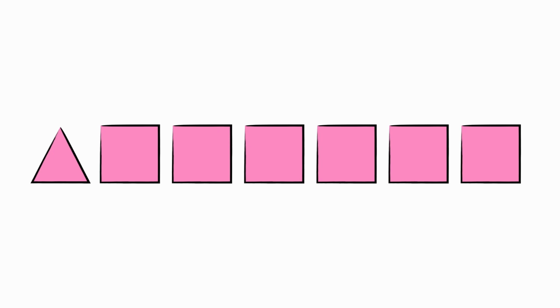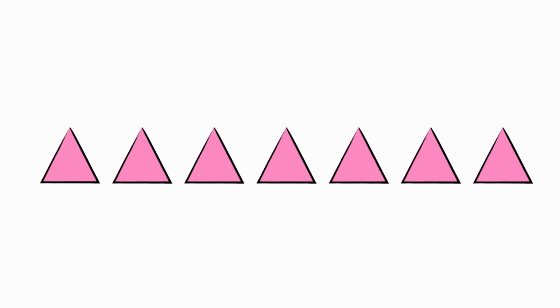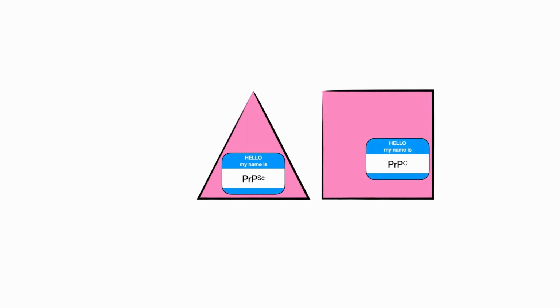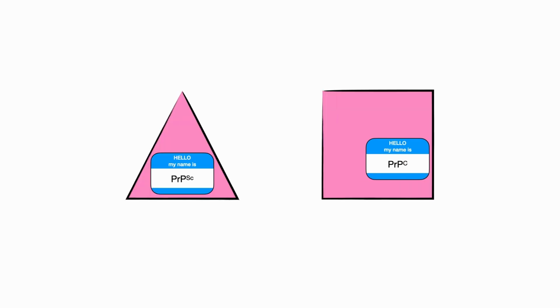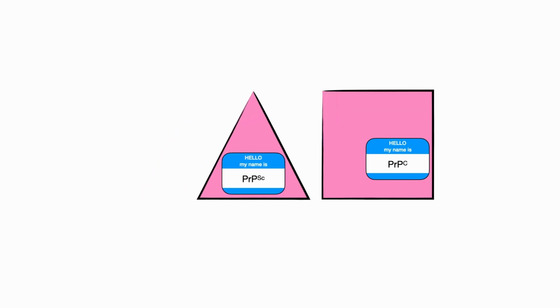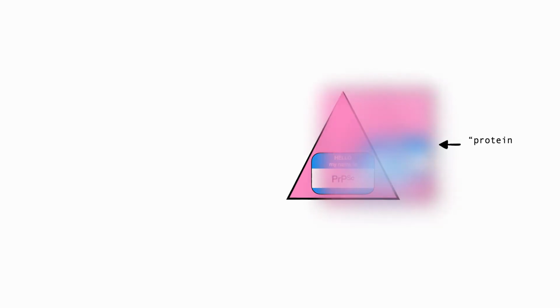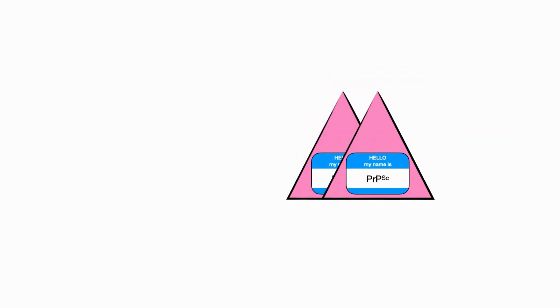Prions replicate by changing the normal PRP proteins into prions. PRPSC can be a sort of template for PRPC, where the shape of PRPC is changed into PRPSC. It is thought that PRPC, in order to be changed into PRPSC, needs to unfold partly. A cofactor or multiple cofactors may be needed to help the shape change as well. Currently, they have not yet been identified, so scientists are calling it Protein X for now.